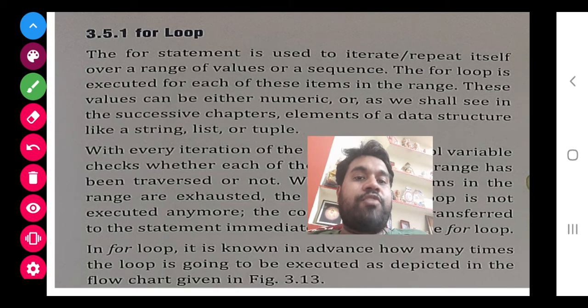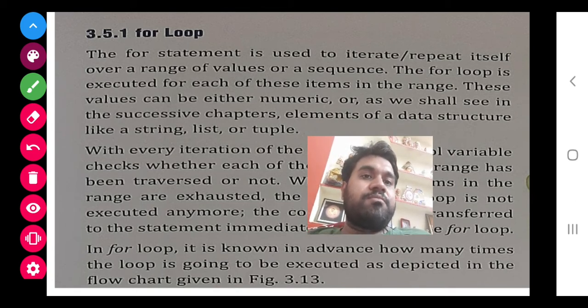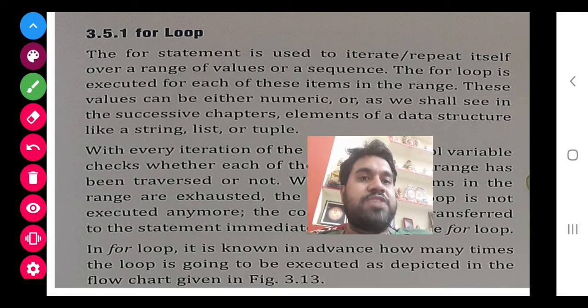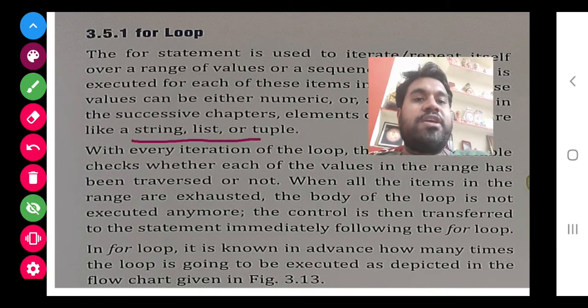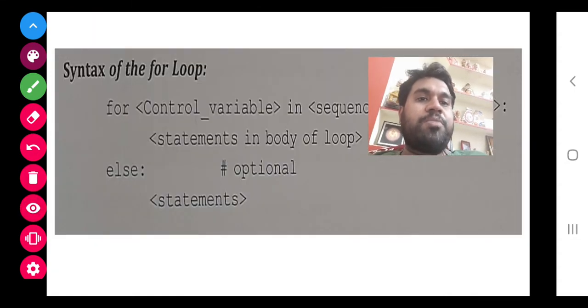Class, a for loop is what you can call a fixed loop, meaning we know how many things have to be displayed, how many times we want it. Later on you are going to study string, list and tuple. List I have told you in class 10. Here also we are going to have some illustration, but about string and tuple we are going to do later. So let's proceed with the programming part.